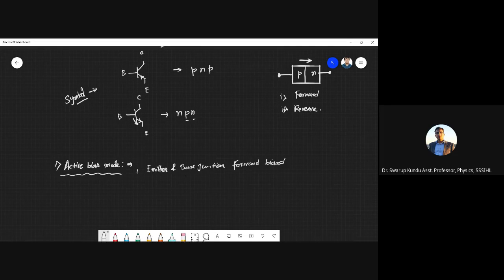This is the one condition for active bias mode, and the second condition is the base-collector junction, base and collector junction, is reverse biased. So in active bias, there are two different biasing conditions. We have to make the emitter-base junction forward biased and the base-collector junction reverse biased. And in this condition,